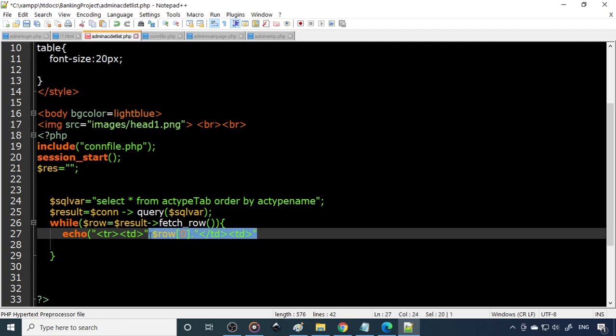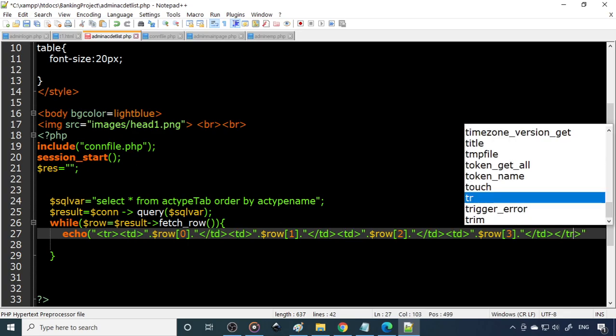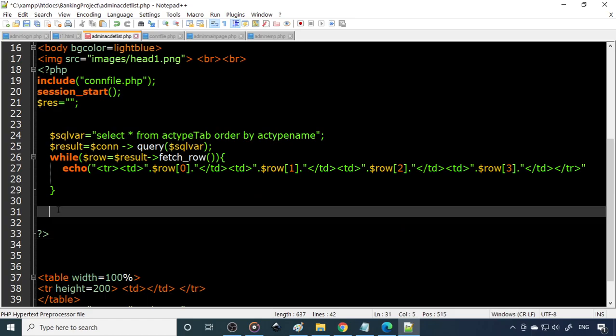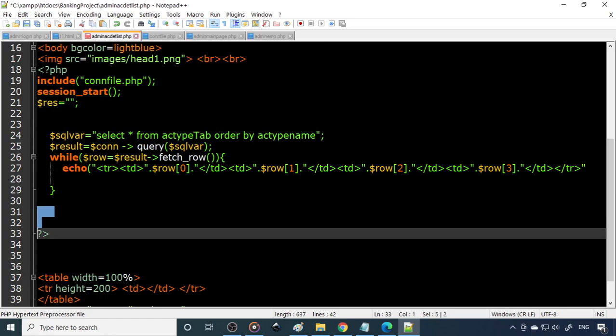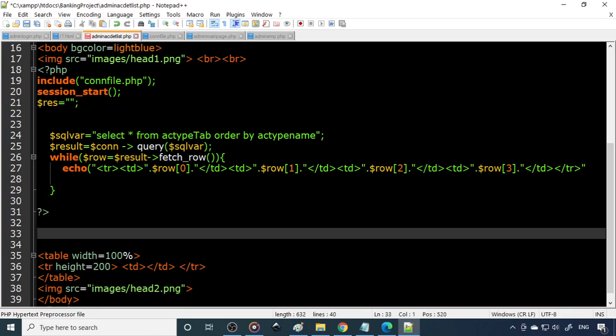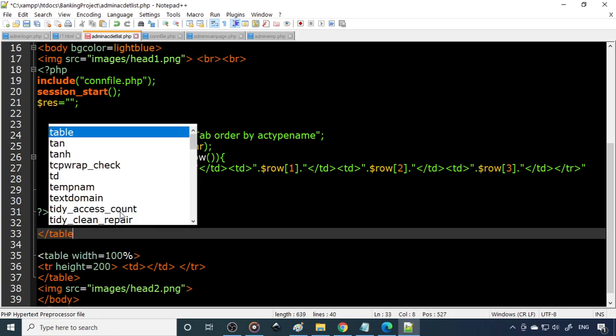So you can just copy this for the second column, third, fourth. Now you can see that this is the first one, this is the second one, this is the third. And here td, and then you need to close the tr here. So this is slash tr. Okay, so now this is closed. This is up to PHP. We can write the echo statement here also, but otherwise outside also we can print HTML directly. So this is slash table.